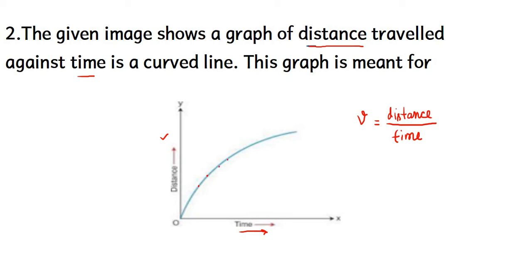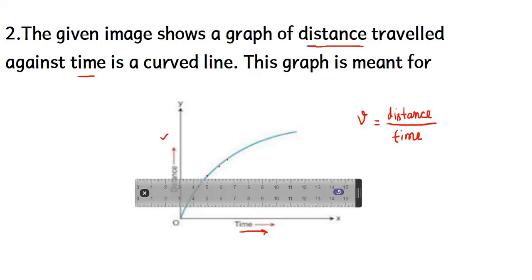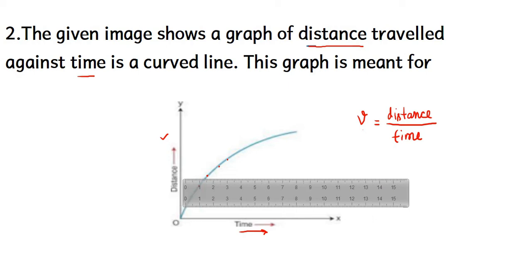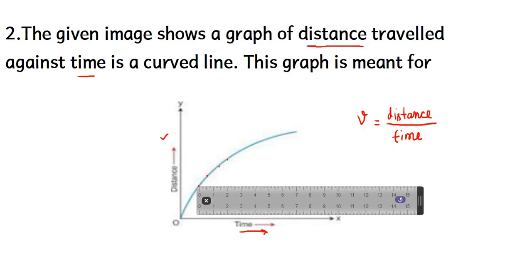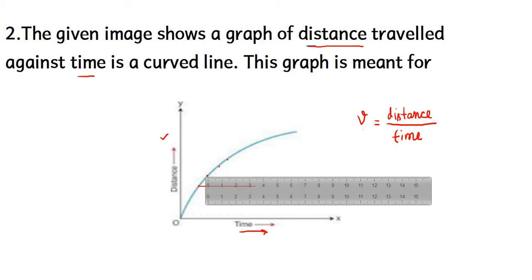Now just take different points on this graph. Try to draw a line by each point. Let me start from first point. I am drawing a line parallel to time axis. This will give the idea of slope of each point. So I am drawing the line parallel to time axis from the first point. Then I'll take it at another point.